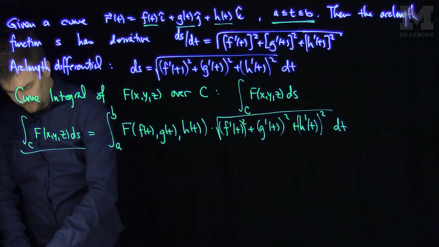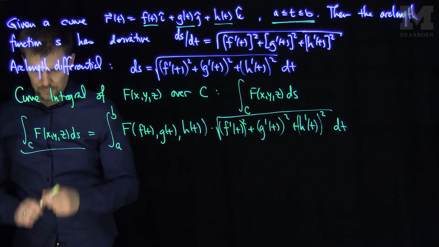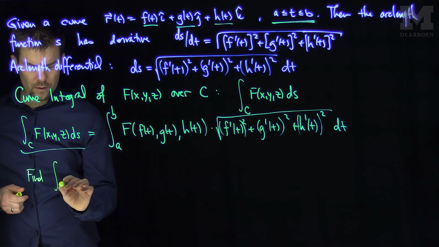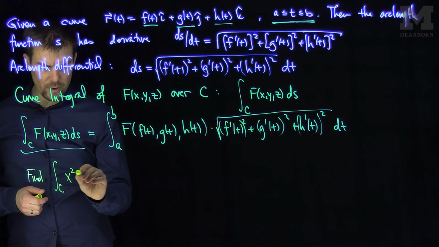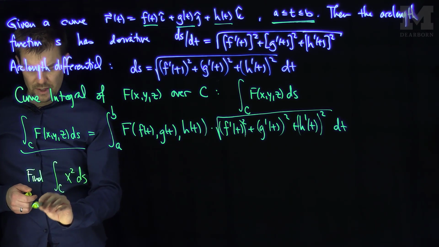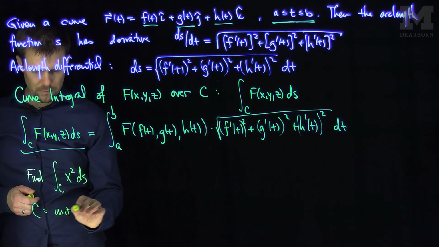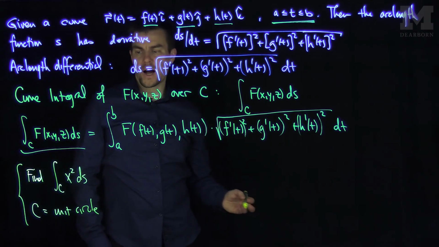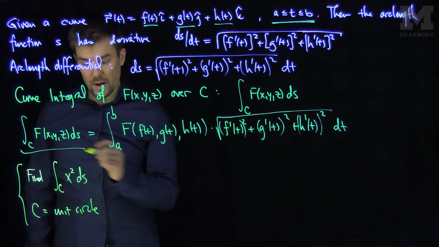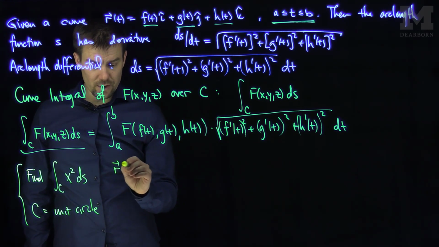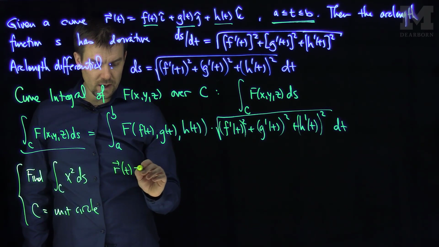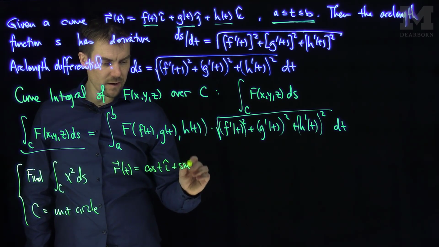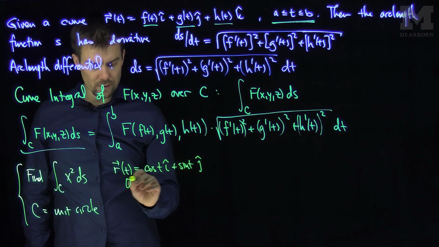So let's do an example of this. Let's find the integral over c of x squared ds, where c is the unit circle. That's our problem. Now, for this problem, this turns out to be rather nice because we know how to parameterize the unit circle in arc length parameter. So if r of t is equal to cosine of t i hat plus sine of t j hat for t between 0 and 2 pi,